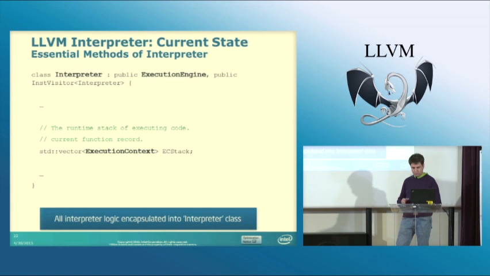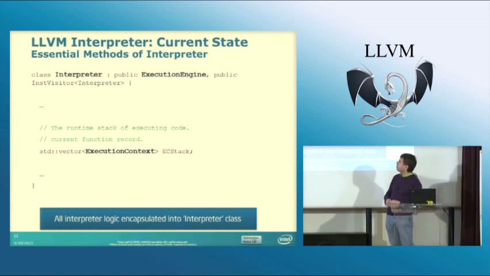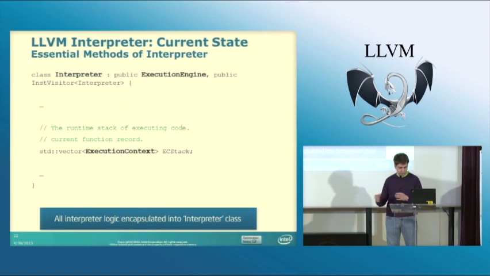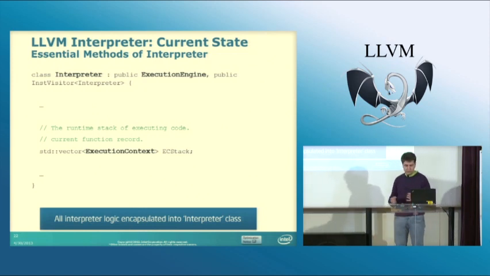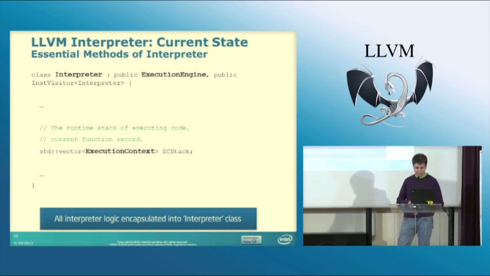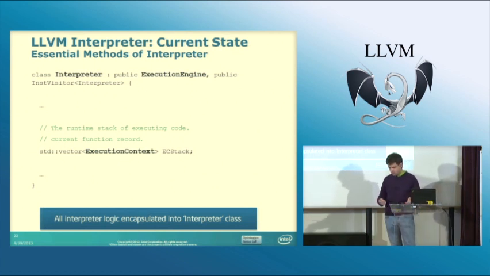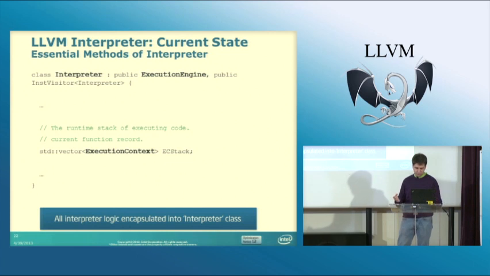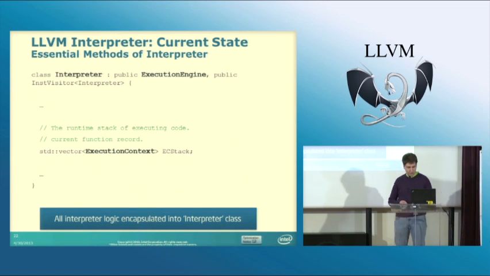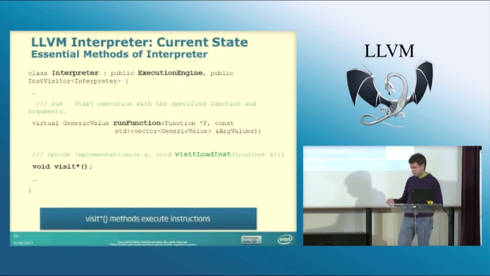So now a bit of technical detail on how we implemented this. The interpreter logic is put into the class Interpreter, which features several important fields. One of these is EC stack, basically the stack of functions. It stores a vector of execution contexts, i.e. the function call stack. The essential methods of the Interpreter class are the run function, which invokes running function f with arguments, and multiple visit